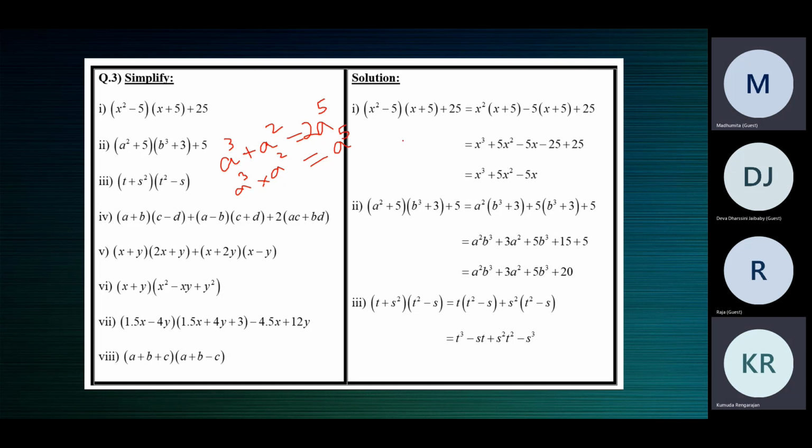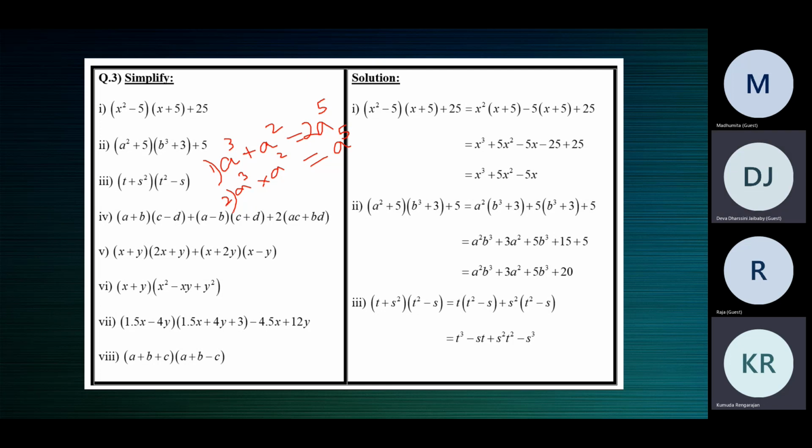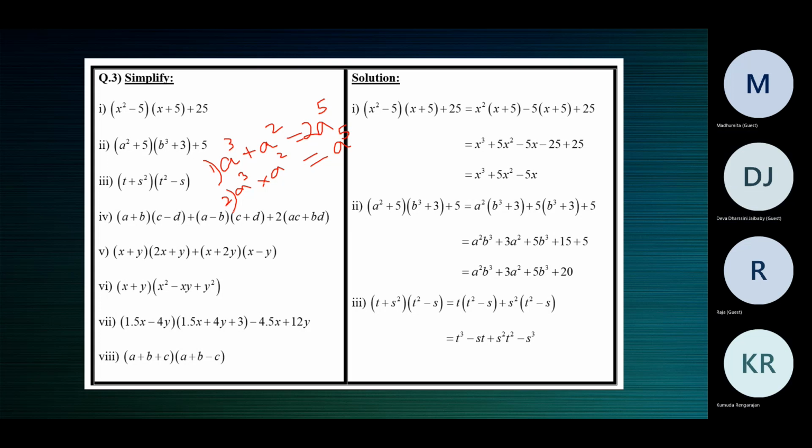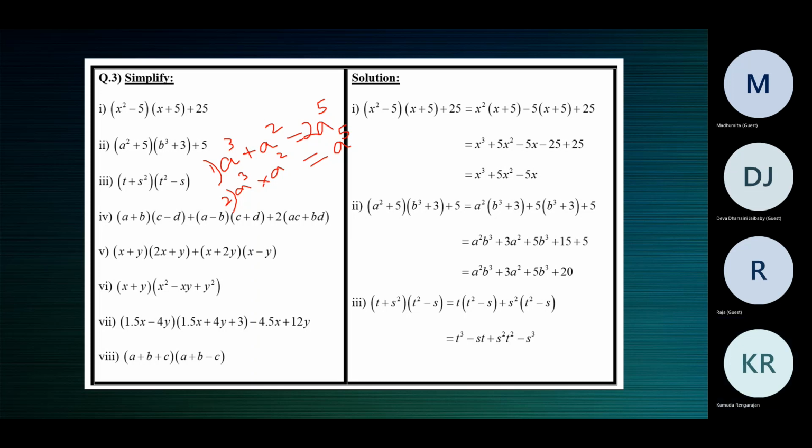Now, how many of you go with Madhumita? How many of you say that she's right? Is Madhumita right in the first one or the second one or both 1 and 2? Is 1 correct? Is 2 correct? Both are correct, ma'am. Yes, class, one by one, tell me. Unmute and tell me if she's right.